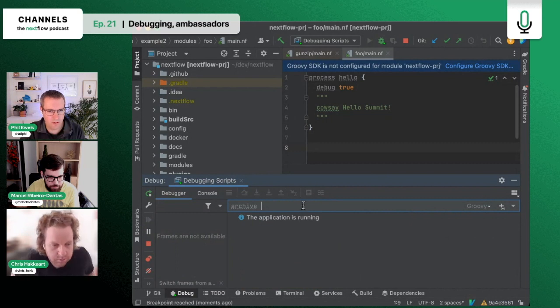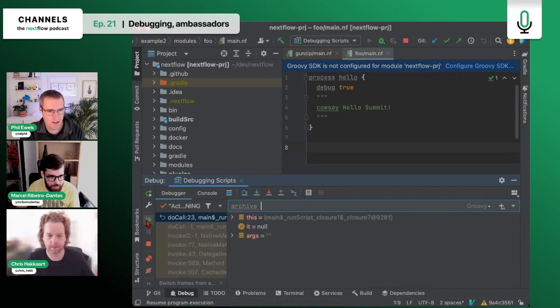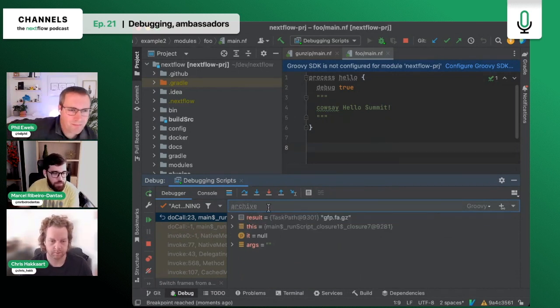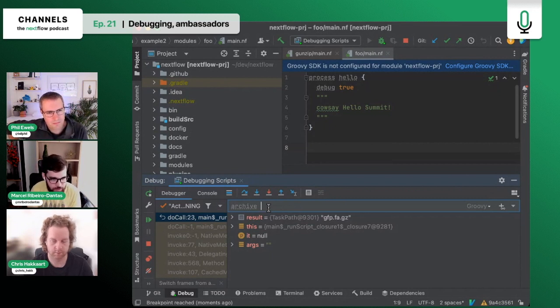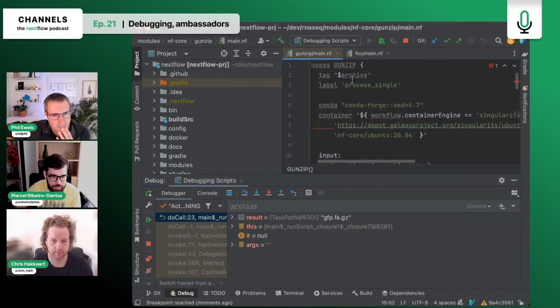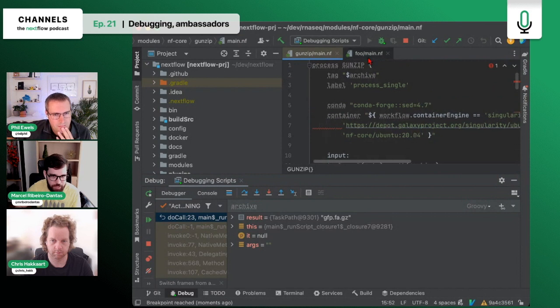So you're clicking a little green arrow there. What does that do? Yeah, it's resume program execution. Keeps going. Okay. So was it paused at a breakpoint you made though? Not specific to that breakpoint, but script blocks, right? Script blocks. Okay. So at some point you get to this, and I can type archive, which is the name here of the input for the gunzip module, and we have